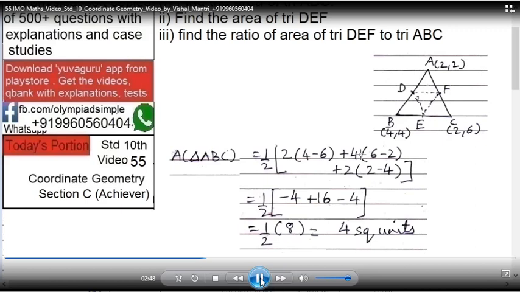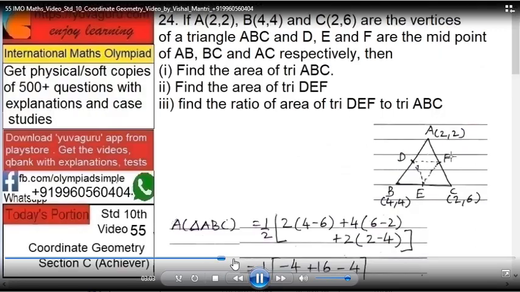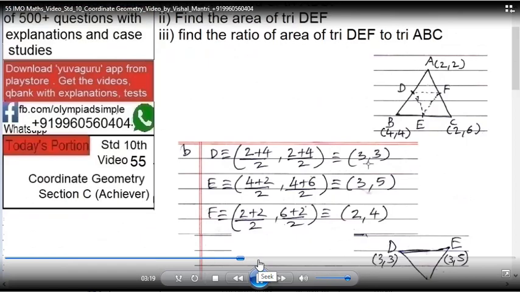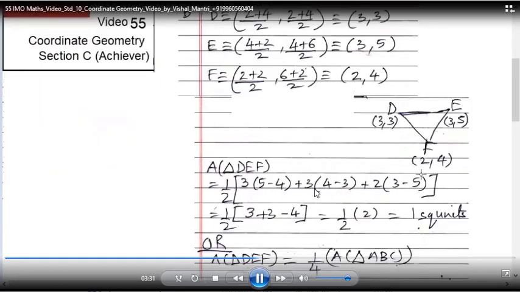Let's see. See this, I found out the coordinates of D, E, F using the midpoint formula. Plus 4 upon 2, then 2 plus 4 upon 2, then again coordinates of E, 4 plus 2 upon 2. Okay, so no need of doing all this D, E, F coordinates, then find out the area, it's 1 square unit. When you can definitely see from the triangle itself, all are equal and 1, 1, 1 each. So that's it, 1 and 2 answers you got.